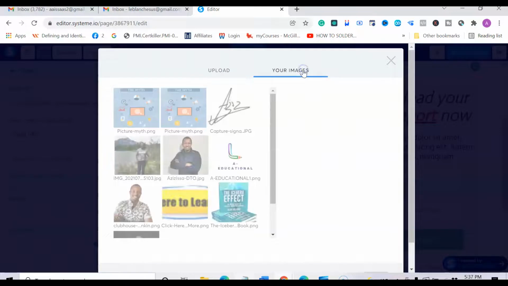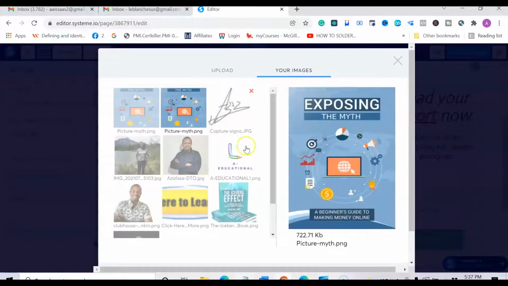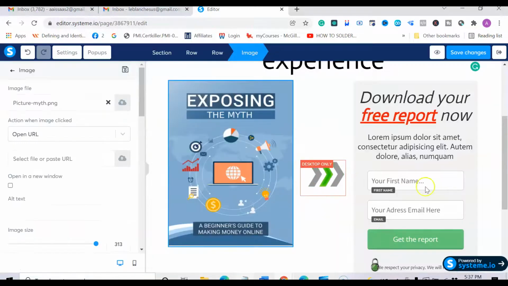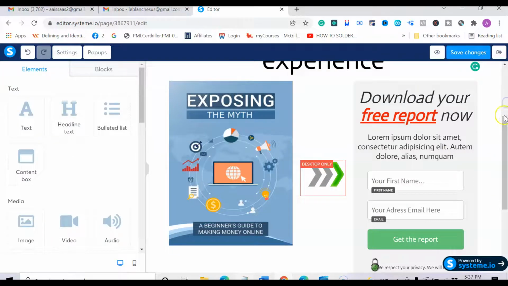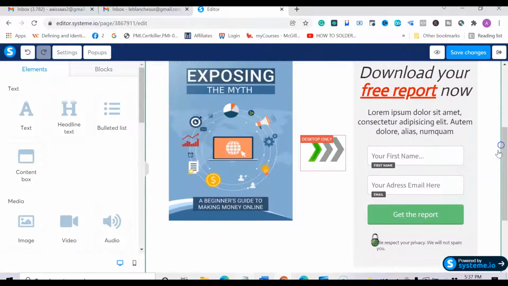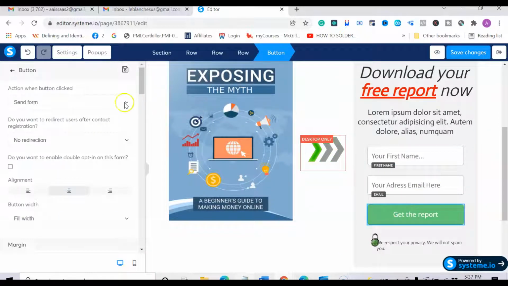Since I already did that, I will choose the image I want. I put insert. As you can see, it's very easy. So that's where the magic happens here. All right, the magic happens right here. So you click once, right, and here,